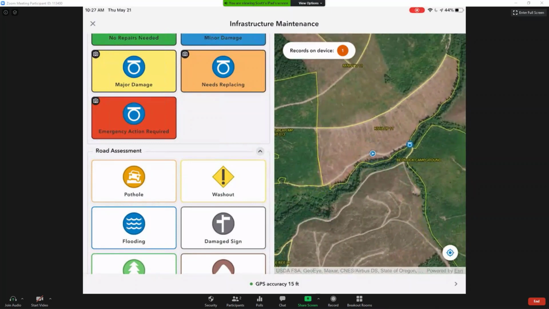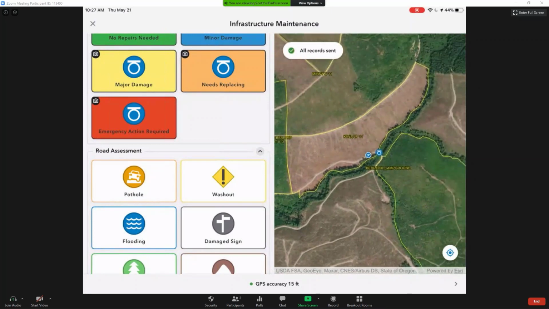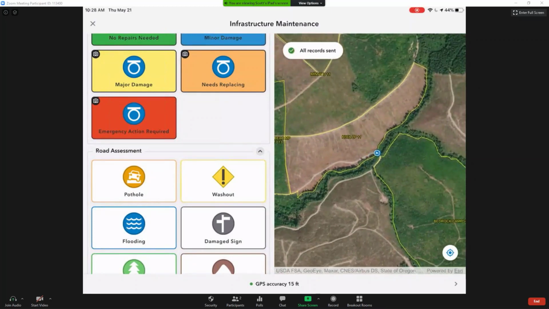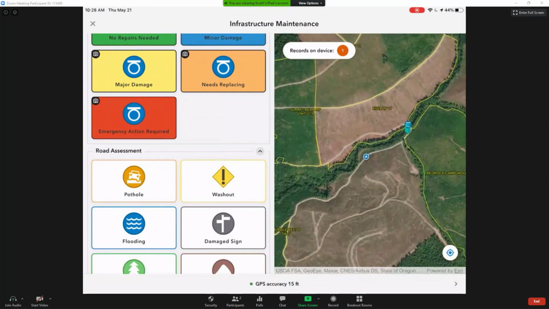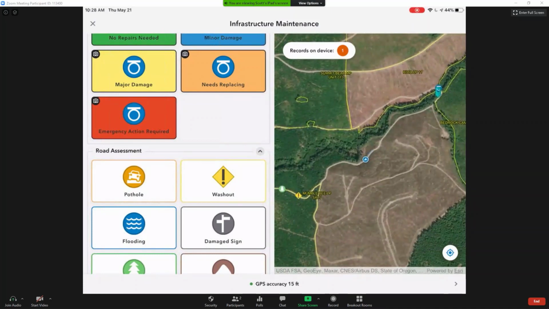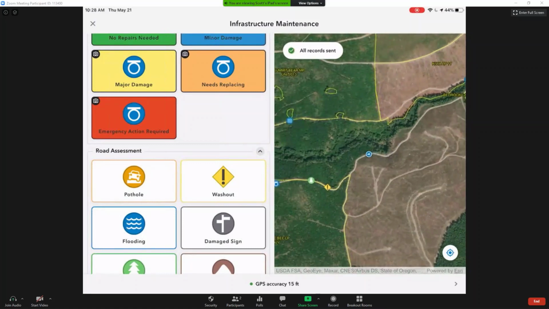What we're also seeing is the device here is capturing all of our records, and it just updated there. So we now have all records sent. So any observation that we capture is going to be stored locally on our device for a few seconds, and then, if connected, it's going to be automatically synced back up. If we're offline, however, we can still capture all of this information. We'll just store it here locally on our device, and then once we regain connectivity, we'll have that information synced up. So Quick Capture is all about rapid, at-speed data collection, very simply.